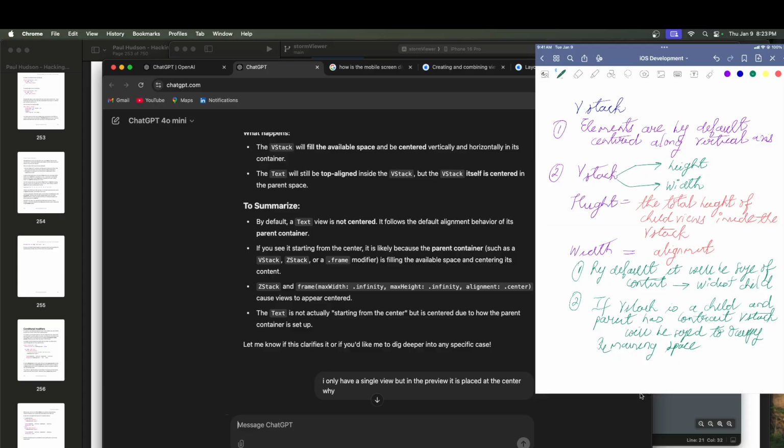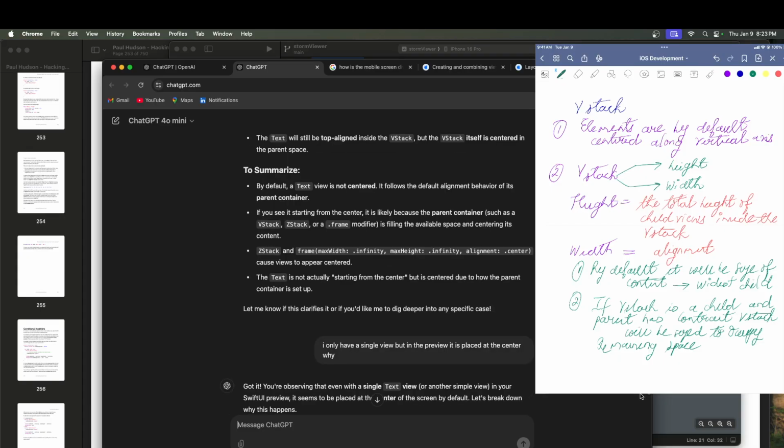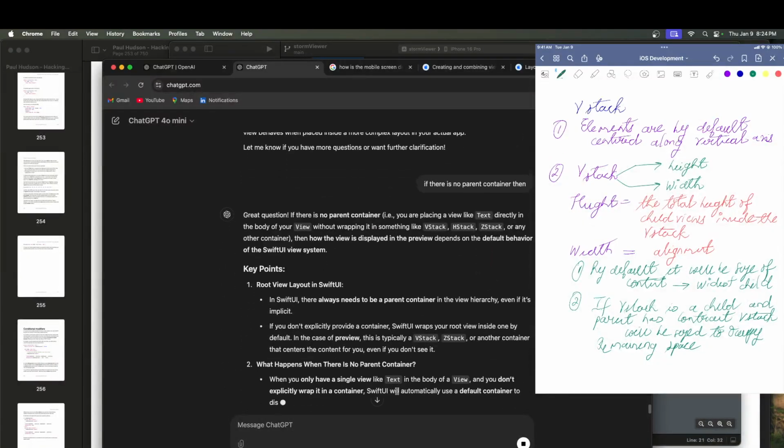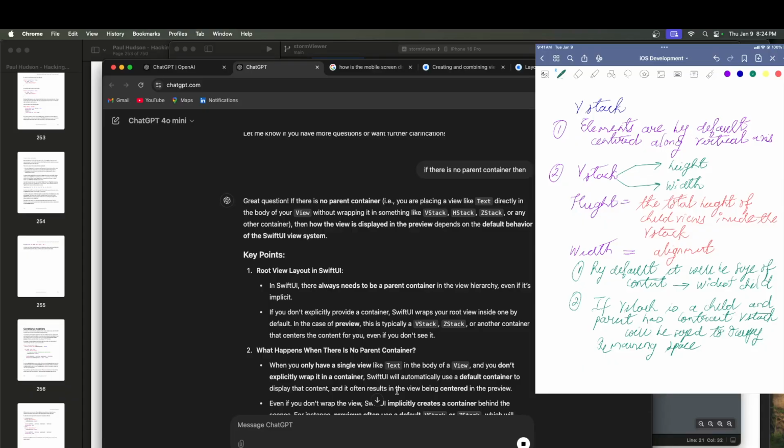It follows the element pair of its parent container. If there is no parent container, okay, so got it. If there is no parent container, then okay, if there is no parent container,